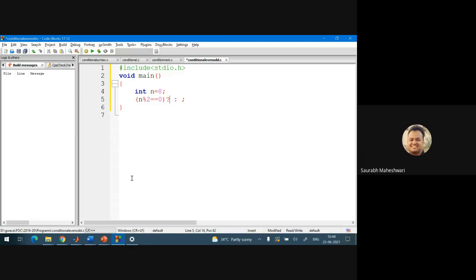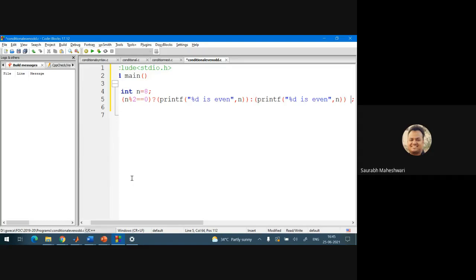So what is the true part? In the true part you can write printf, just place a parenthesis so that you don't miss any sentence. What will we write? %d is even, because if the modulus operator by 2 gives you answer 0, it means %d is even, and %d here is n. And what will be in the else part?